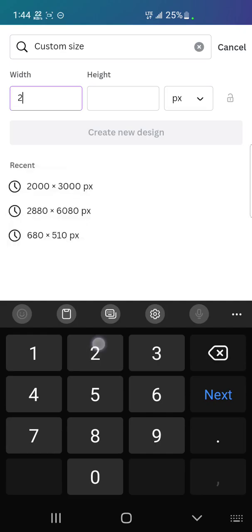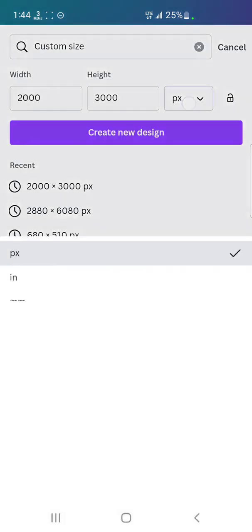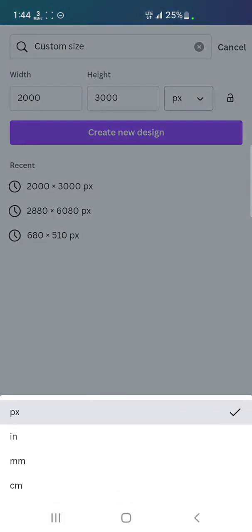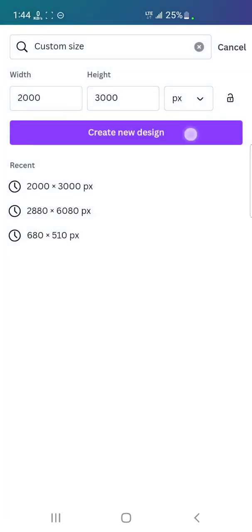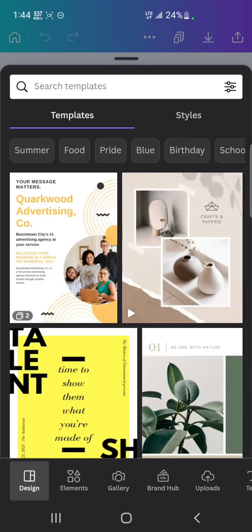I recommend us going with 2000 in width, then in height is 3000. Make sure it's in pixels. That's this place. Make sure it's in pixels. Then click the create new design. It's creating and it has created a design. It immediately suggests